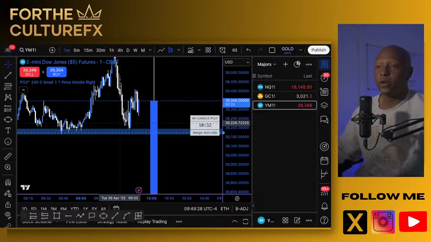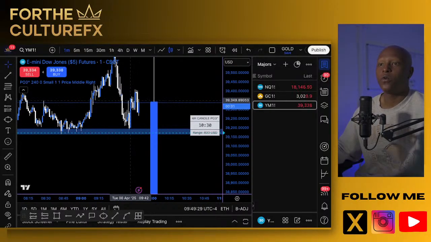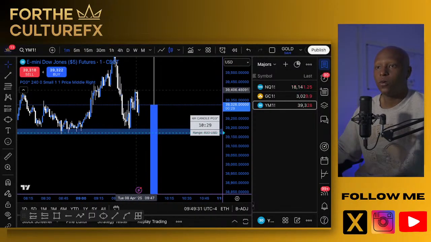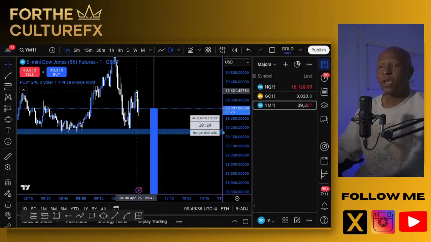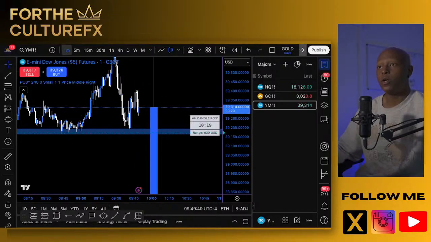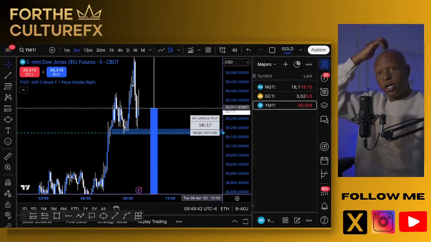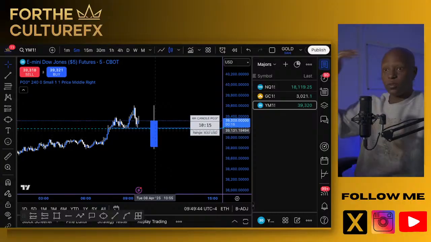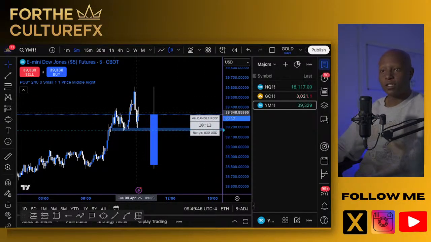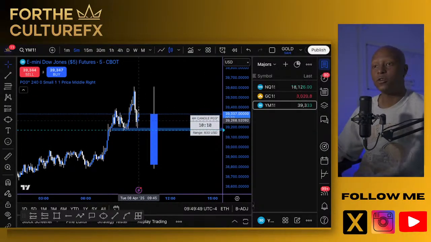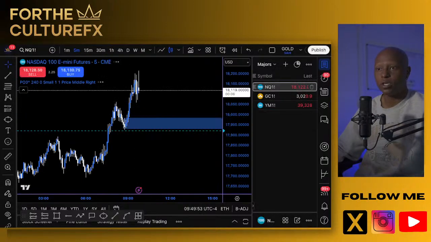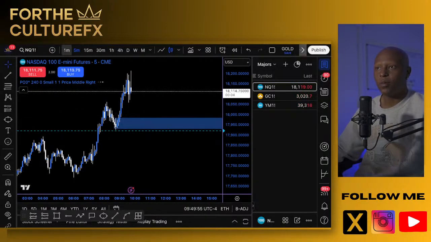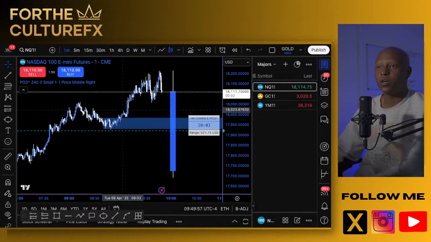So what we did here is we had price create a high, create a low, create a new high, new low, new high. We went ahead, which is why we moved our stops to break even. And then we had price pull back and take us out here, creating a new low. Now, what does this do? Two things. One, it could potentially close this 5-minute candle to be a bearish candle closure. Now, if this 5-minute candle is in fact a bearish candle closure, there's a possible chance that we could see a sweep of these lows here and price make a steeper move to the downside. I'm not anticipating that, but that's what we can potentially see here.